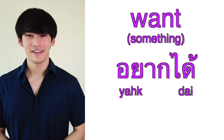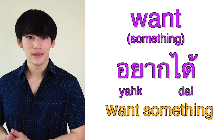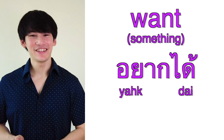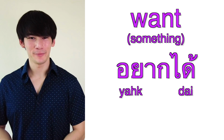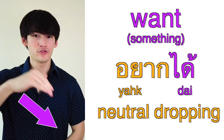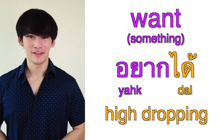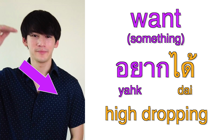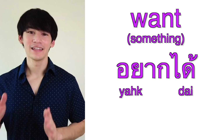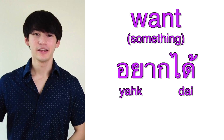อยากได้. So the word อยากได้ is used when you want something. The word อยากได้ is followed by a noun. The intonation for อยากได้ is really simple. So we take the word อยาก from earlier, which is a neutral and dropping tone, and add ได้ on the end, which is a high dropping tone. Now you put them together and it becomes อยากได้